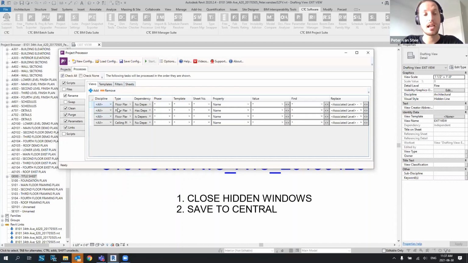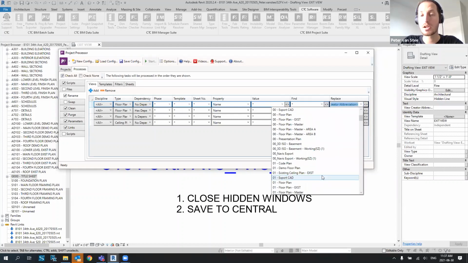So in this case, I have this set up so that all of my views that are under any discipline that are floor plans, if they have no dependents, then I want to rename them. So I just want to rename the actual name of it. So I find anything in there, and I'm going to replace it with associated level, and with an abbreviation there. So that's kind of how this is built up, but I can actually replace it with pretty much anything I want. Whether it's a particular